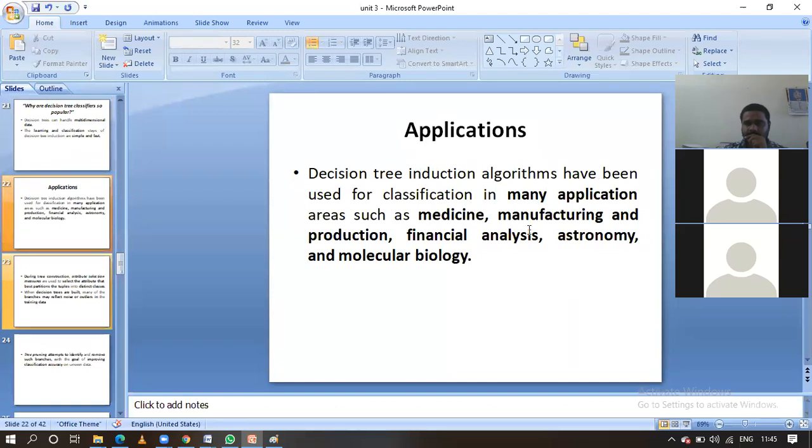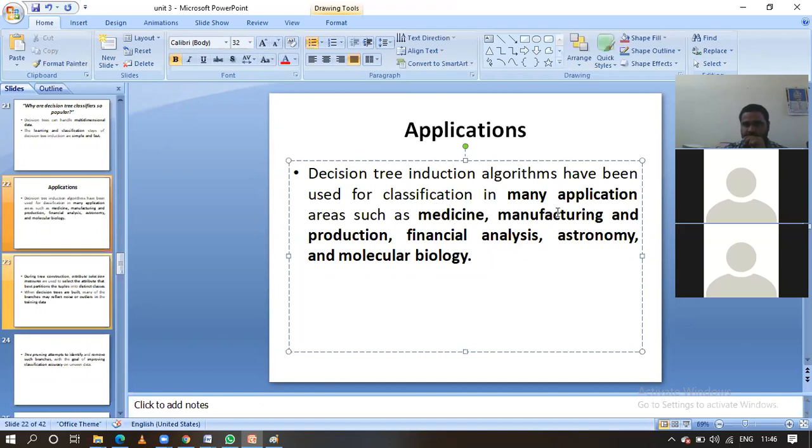And the applications related to decision trees: we are going to use them in medicine to predict the right treatment. For suppose, for one particular type of disease there are different types of treatments. Which treatment is suitable for that particular person? We already have a huge amount of data, and from that we construct a model. By using that model, we are going to predict which type of treatment is particularly suitable for that person, guys.